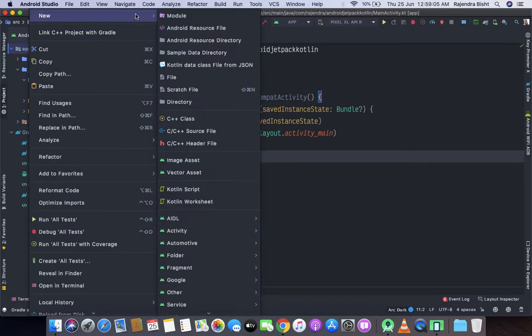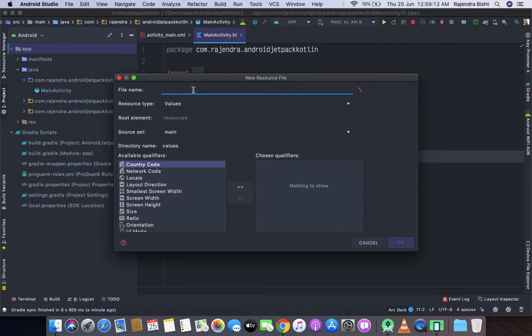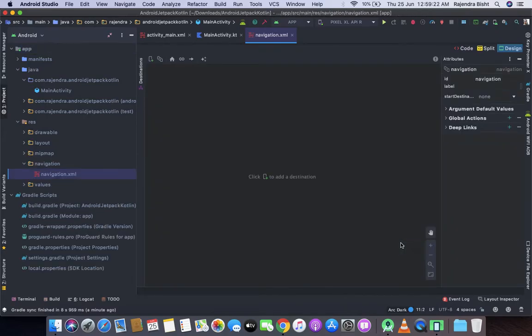Let's right click on new and Android resource file. Let's give it the name navigation and set the resource type to navigation. So here we have added the navigation graph.